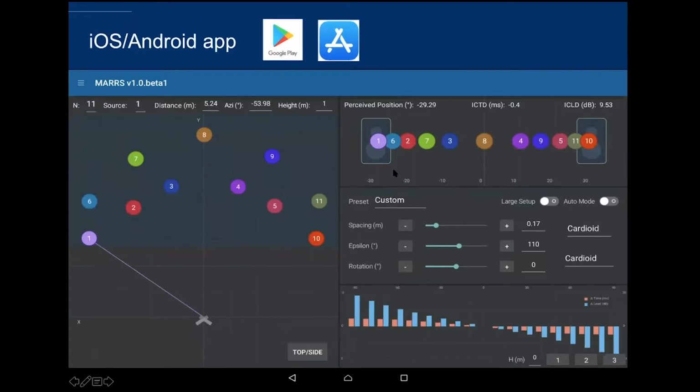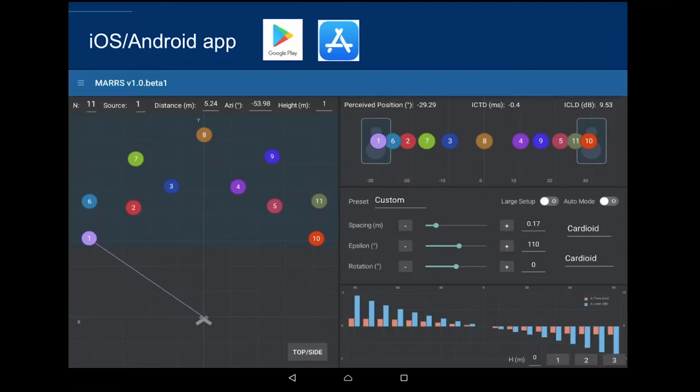So basically, you can see this virtual stage with all these virtual sound sources and your microphone array. And in this view, you can see where each of these objects will appear between two speakers in stereo. You can customize your setting by changing spacing, angle, and so on, polar patterns and that. Actually, one of the unique things about this app, compared to other similar tools like Image Assistant, or if you're familiar with Michael Williams' great works from the 80s, 90s,